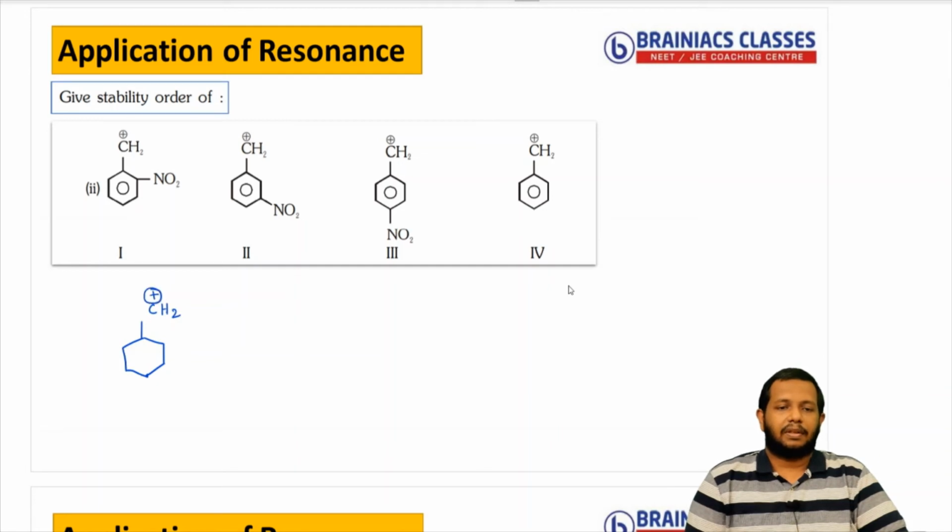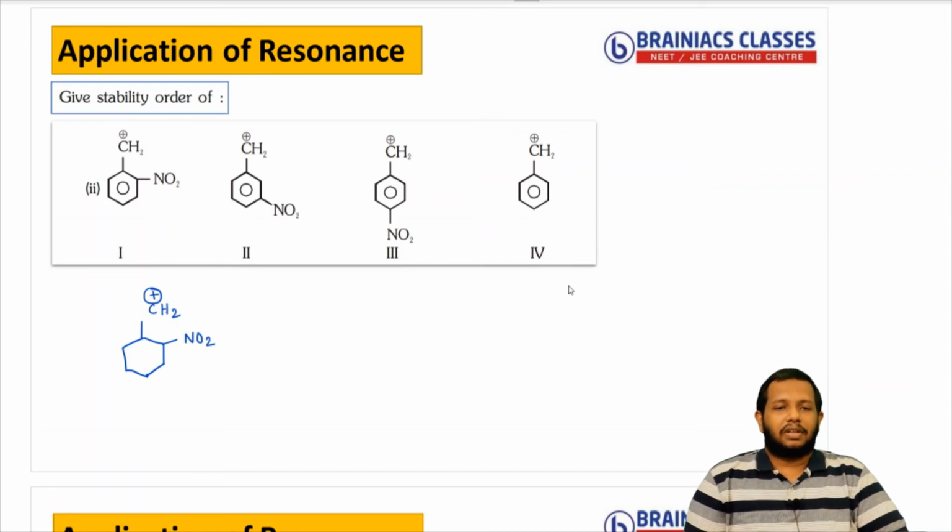Then at the ortho position you have an NO2 group, and please understand that plus M or minus M effect is applicable or present only when the groups are at ortho or para position. Please remember that at meta position there is no resonance effect. Why? Because in the resonating structures you might have seen the charges are circulating only at ortho and para positions. So at meta position, if a group is present, there is also no effect. This is a critical point.